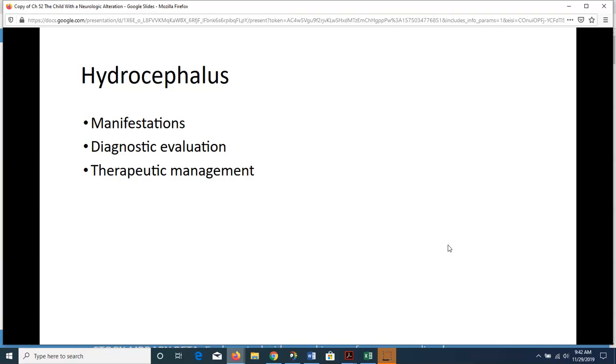The objective is to bypass the blockage and drain the fluid from the ventricles to an area where it can be reabsorbed into circulation. A ventricular peritoneal shunt, which is a tube leading from the ventricles out of the skull and passing under the skin to the peritoneal cavity, accomplishes this goal. An alternate shunt, the ventriculoatrial shunt, which is used in older children, drains the fluid from the ventricles to the right atrium of the